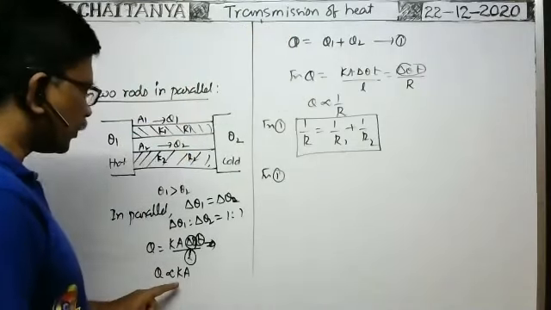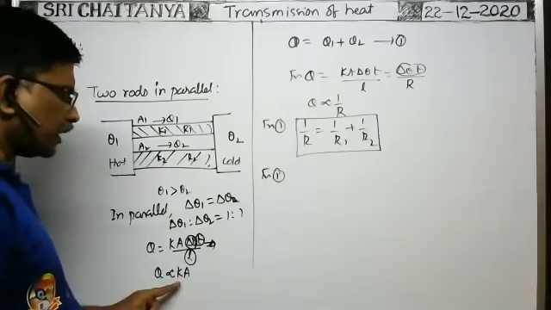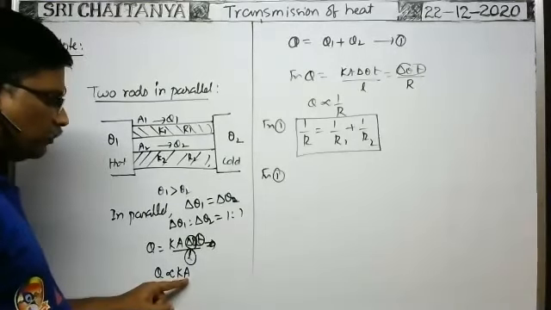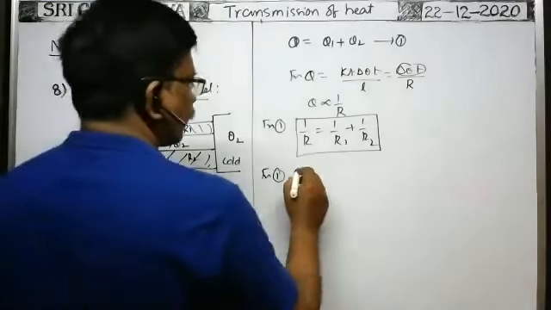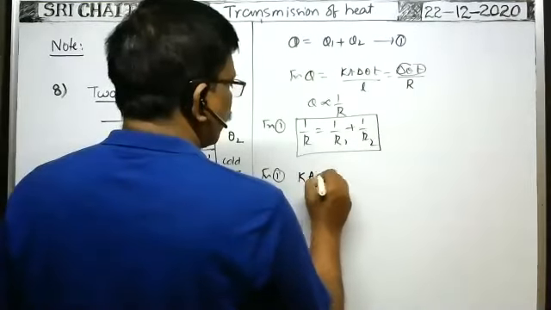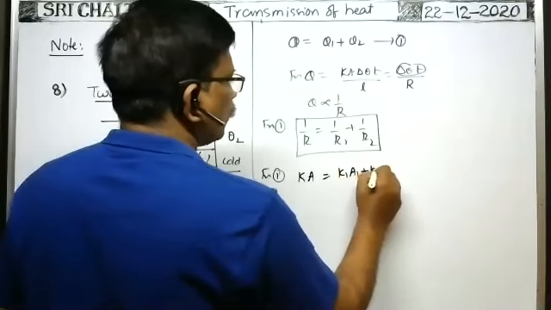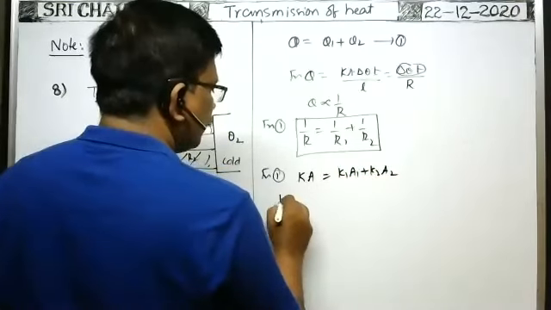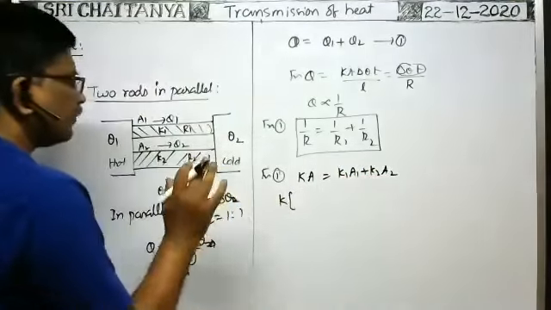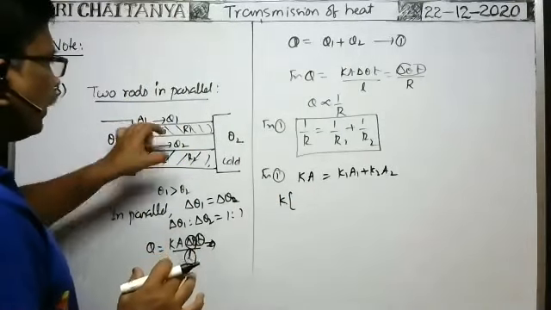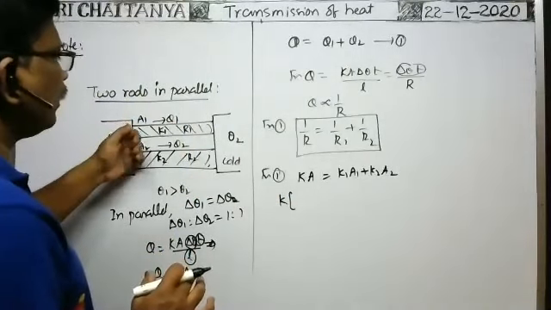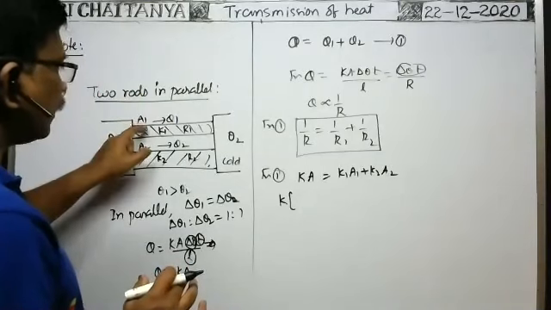Okay, which is directly proportional to the effective coefficient of thermal conductivity of the single rod into the effective total area of cross section of the single rod. That's why Ka is equal to Q1 means K1 A1, Q2 means K2 A2. Here A means the area of cross section of the single rod. Here we have to replace these two rods by a single rod having area of cross section same as these